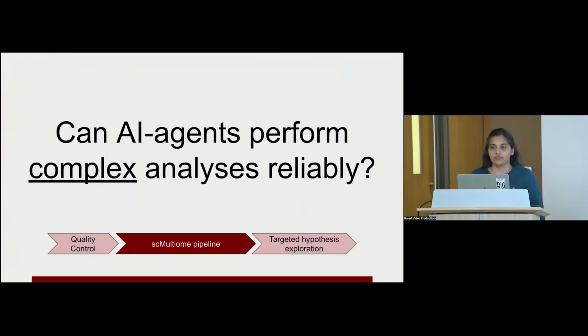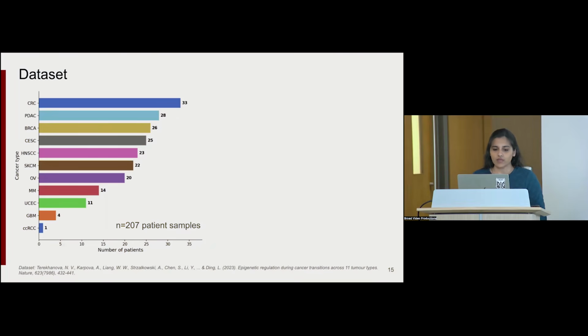So let's come to the first question of, can AI agents perform complex analyses reliably? And I'm talking here about the single-cell multiome pipeline, or the generally executing pipeline aspect of the number of things that we do in computational biology. So for this specific task, on the y-axis, you are seeing the different cancer types that were part of this evaluation setup, and the x-axis is the number of patient samples per cancer type, and we had a total of 207 patient